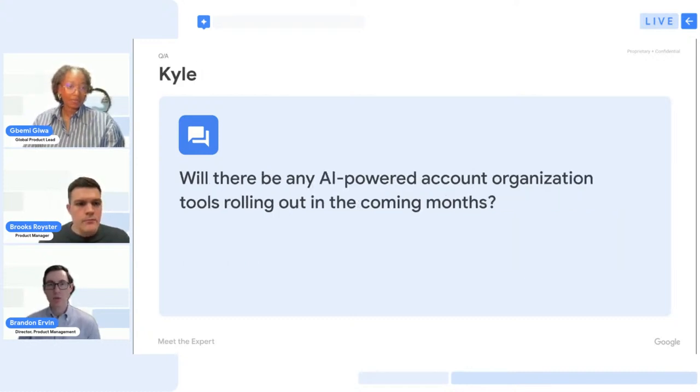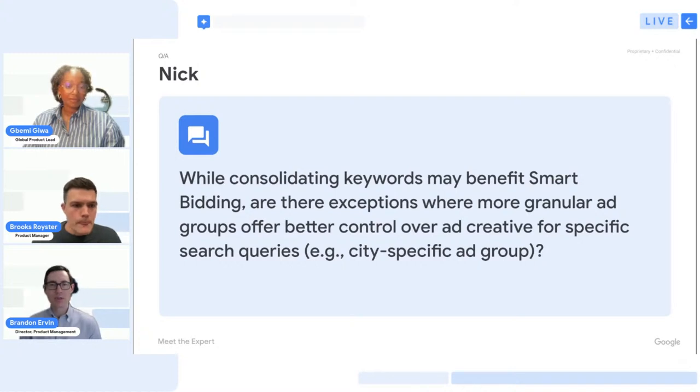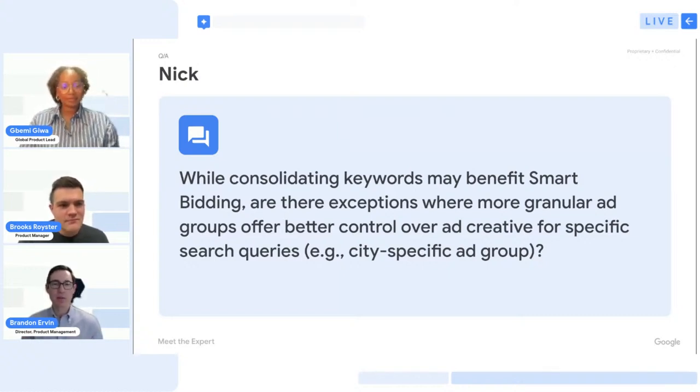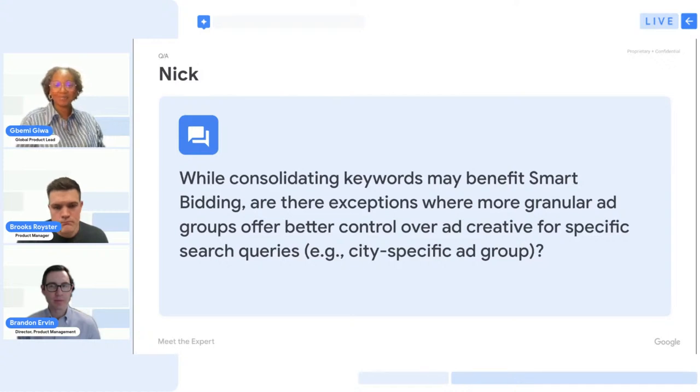Nothing specific. I think Brooks really touched on it. I do think we see geo-specific messaging, or tailoring ad copy, as being important. We do have other solutions for scale targeting. For example, dynamic search ads does a nice job. And with some of those improvements we were mentioning about making RSAs work well, how can we do that for keyword-based campaigns in a scalable way as well? So again, we think there are certain reasons why specific business-based segmentation makes sense, but we're also trying to improve the product such that you can do it in a much cleaner, more automated and simple way if you follow our best practices.